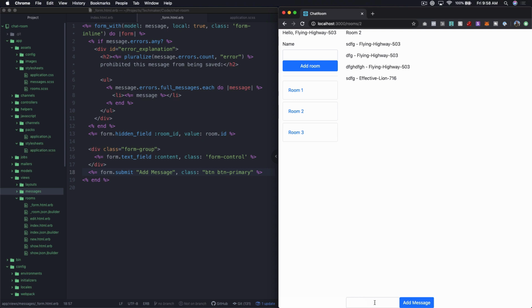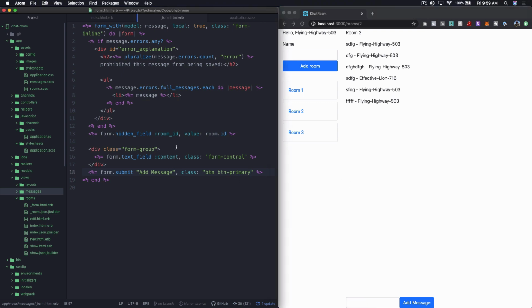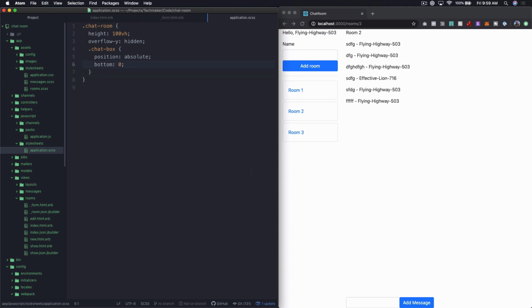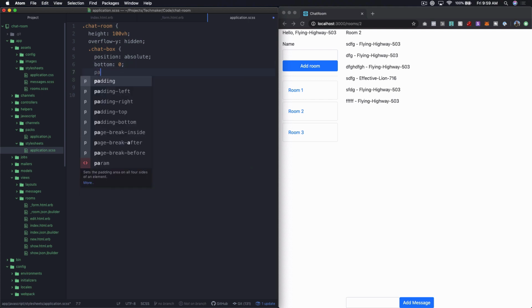Okay, so I've got now an input down here, and I've got my message box, so I can just type and click add message, and now you can see that that's added right there. I've got to quit typing the same stuff over and over again. Okay, cool. All right, so what I want to do now is just make this thing, let's put some padding on it,